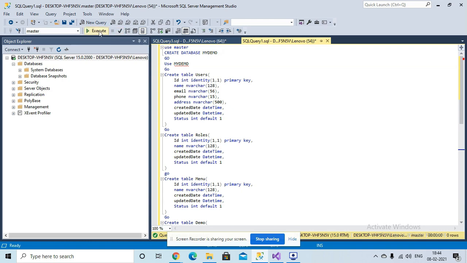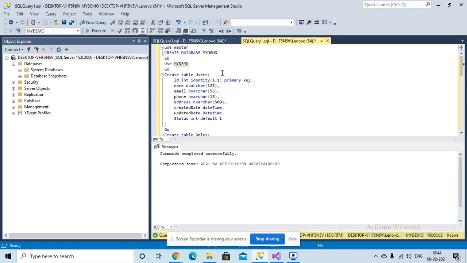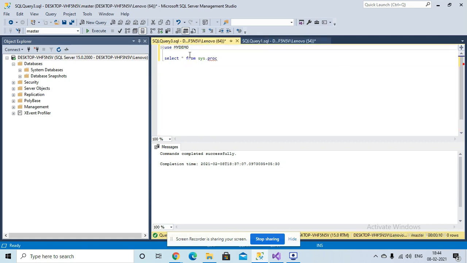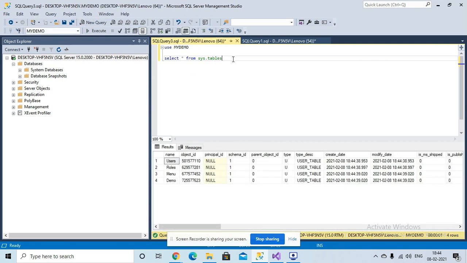So here I'm going to execute this code. You can see this code has been executed. Now if I show you how many tables have been created, you can see these four tables which I have created are now available in our database.